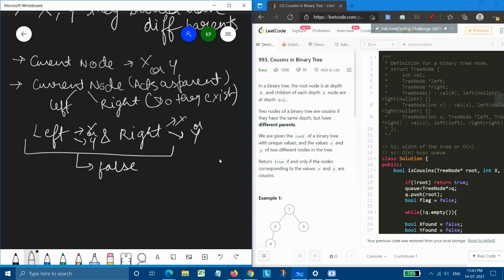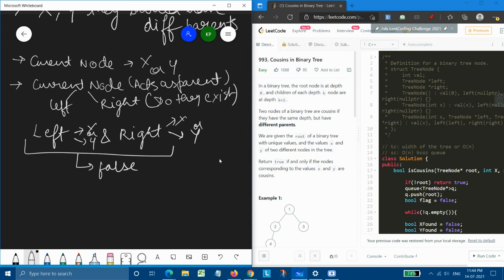When it is returned as false, we simply need to get out of this loop. Basically, we would be doing it in a loop because we need to do it as per the basic level order traversal.